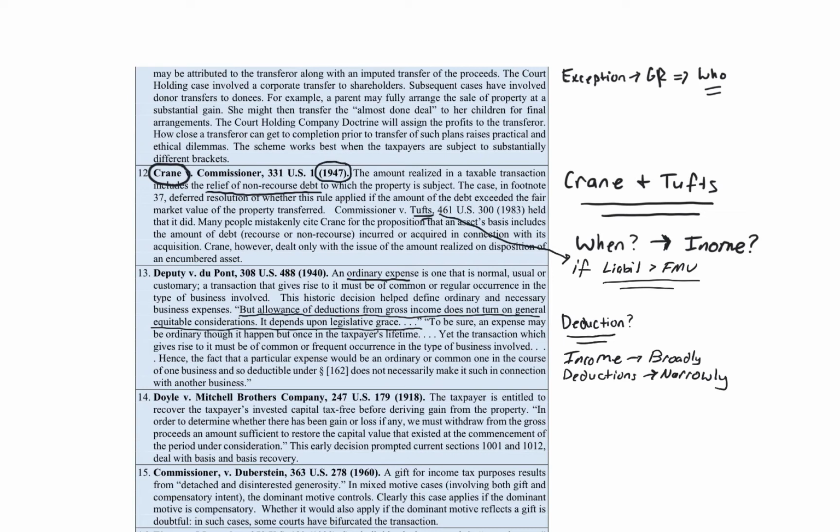So this case focused on ordinary. What does ordinary mean for the Section 162 requirements? Ordinary and necessary, by the way, are somewhat similar, but separate case law deals with both. This one focuses on what exactly ordinary means, and on the key language you always see, that deductions are matters of legislative grace.